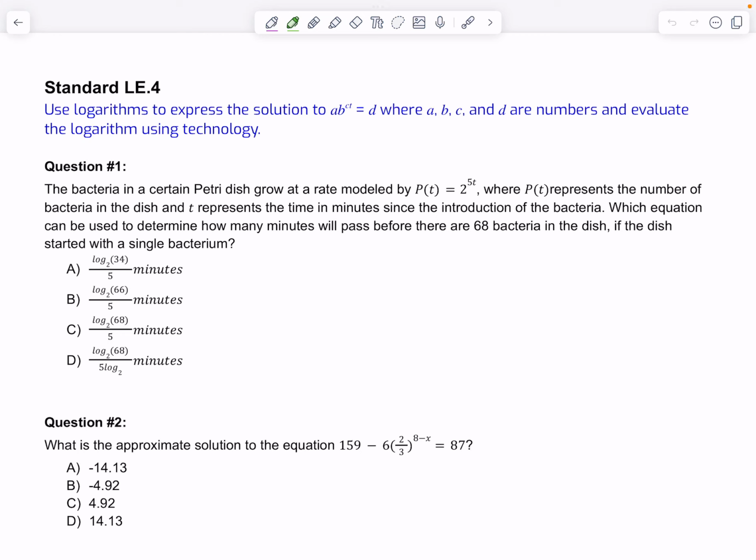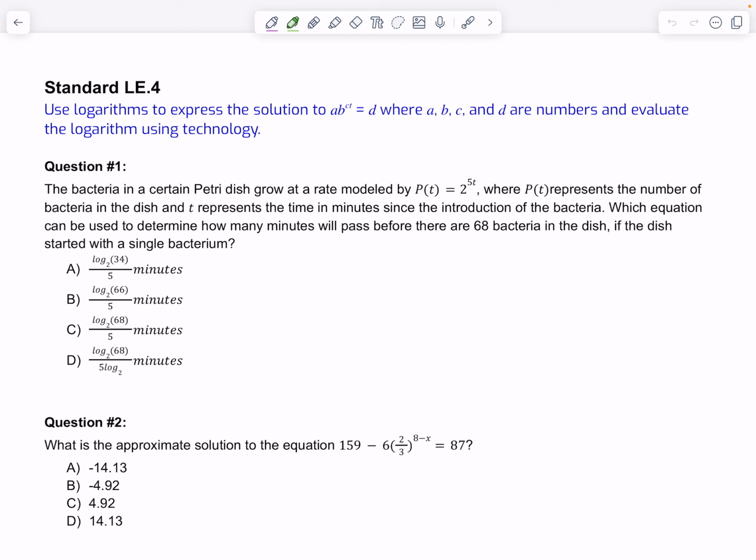In this video, let's take a look at standard LE.4. For this standard, we want to use logarithms to express the solution to ab to the ct power equals d. So an exponential form where a, b, c, and d are numbers, and we want to evaluate the logarithm using technology. So question number 1 states the bacteria in a certain petri dish grow at a rate modeled by P